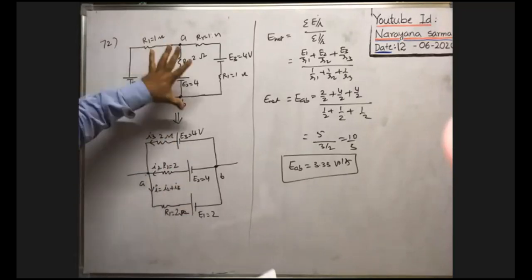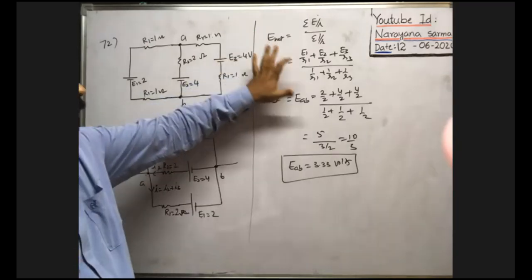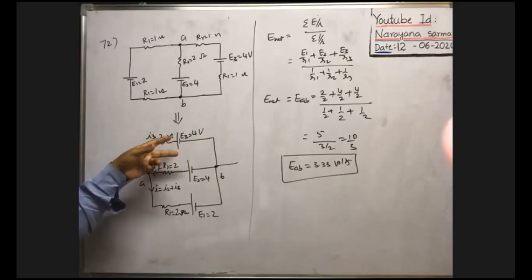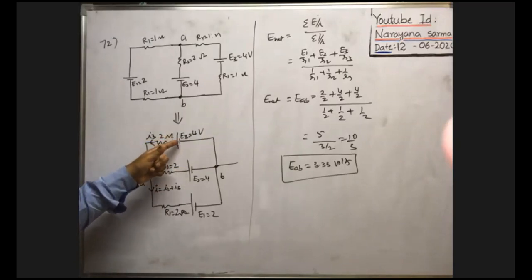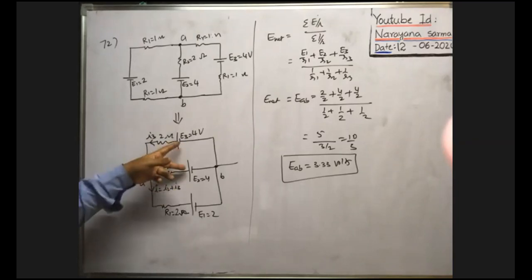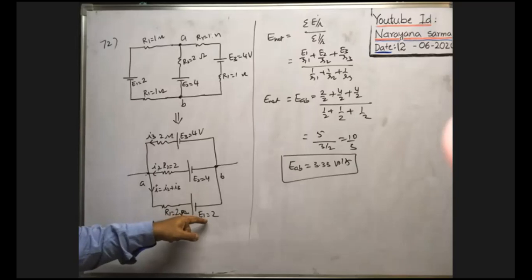Here, in this case, 3 cells are connected in parallel like this. That's why the effective EMF is this one. Directly we can do. If you are not having the idea, then as the EMFs of these two cells are more, it sends the current I3, because EMF is E3. This sends the current I2. This I2, I3 both reach the junction here, combine together, and are converted into I, that is equal to I2 plus I3, passing through this EMF 2.